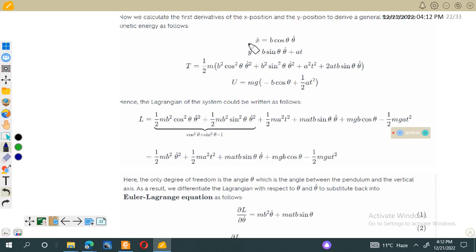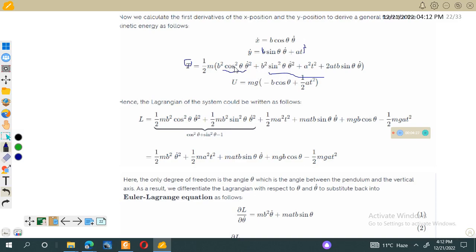This is the whole derivation we have done for x dot, for y dot, and for kinetic energy, which is equal to m over 2 times x dot squared. We have related the expression for x dot, and similarly y dot contains two terms, so definitely its square will be equal to a squared plus b squared plus 2ab, and we can simplify further by taking